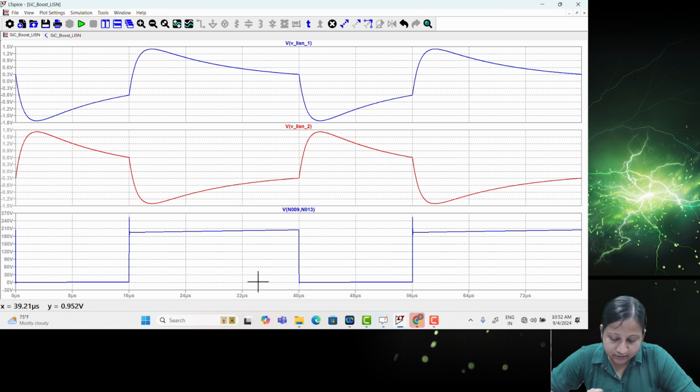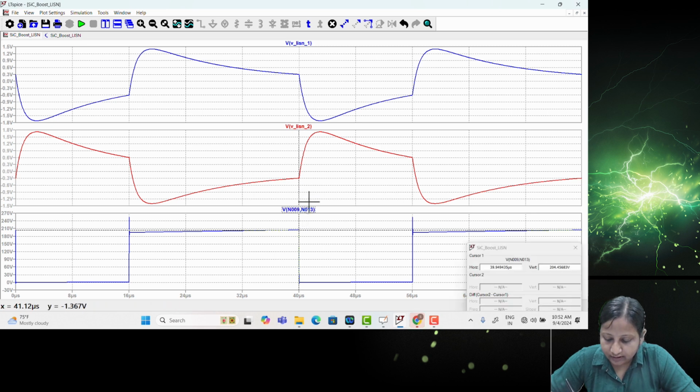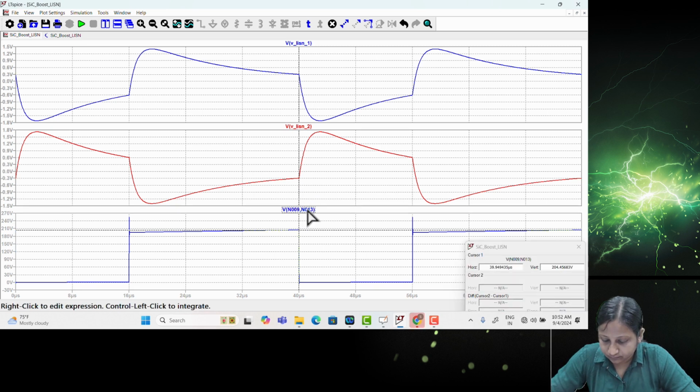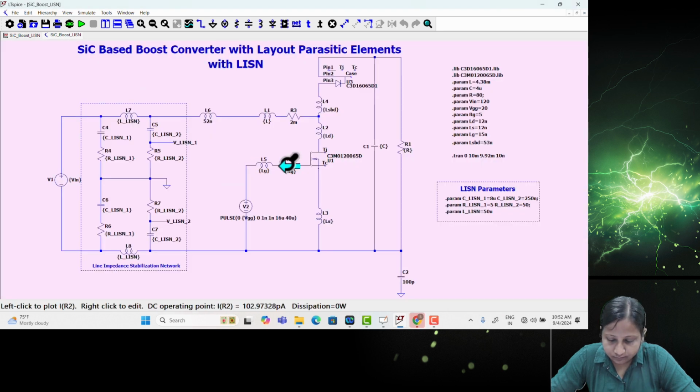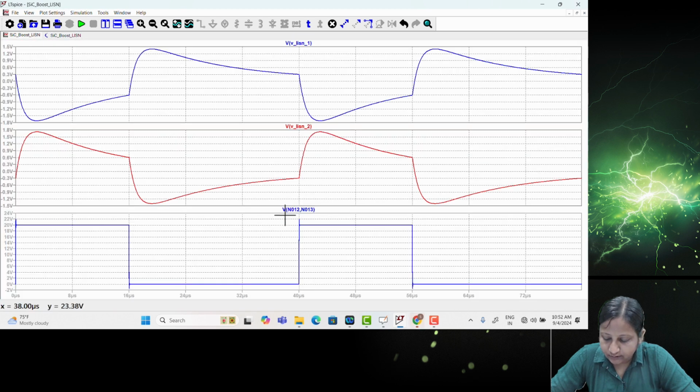You can see here, this is just for your reference, this drain voltage is shown here. So instead of drain voltage, let's just add the gate voltage part here. See, this is the gate voltage which should actually be like a square wave, but due to presence of the parasitics it is not like a square wave. It is also having some peak here. So if I just try to zoom in this particular part,